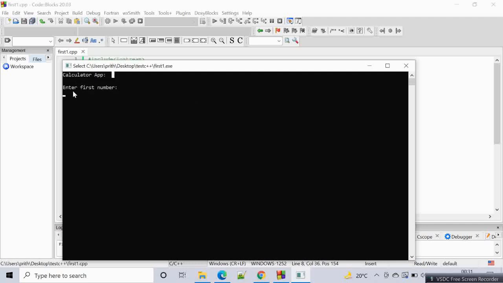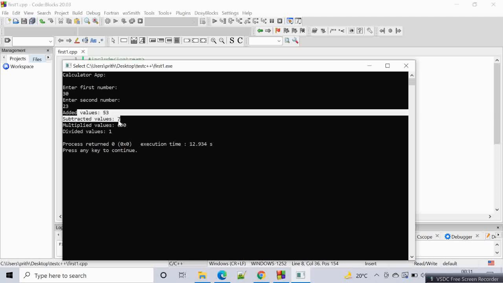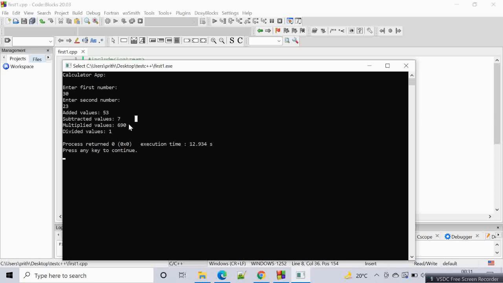Enter first number, let's say 30. Enter second number, let's say 23. Added value is 53. Subtracted value is 7. Multiplied value and divided value. The division is giving 1 because it can only go one time.